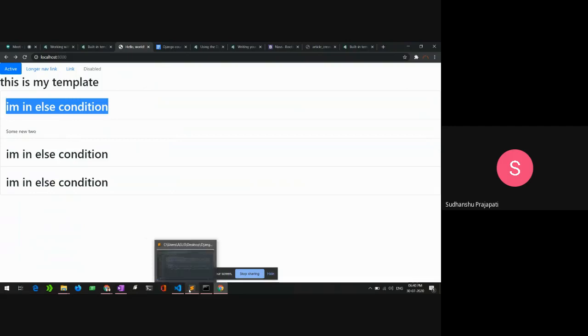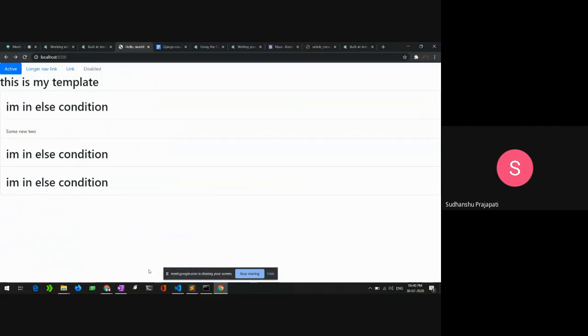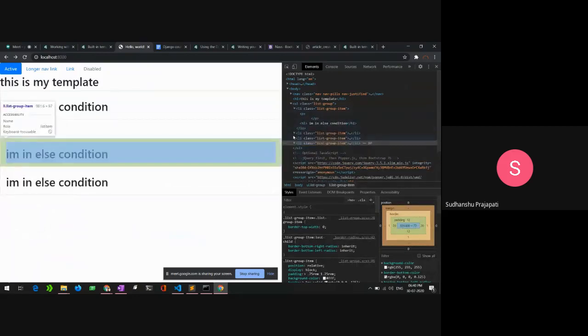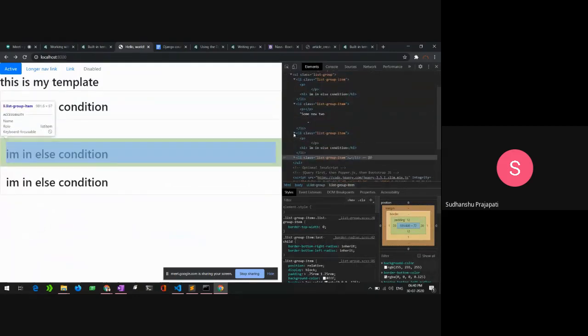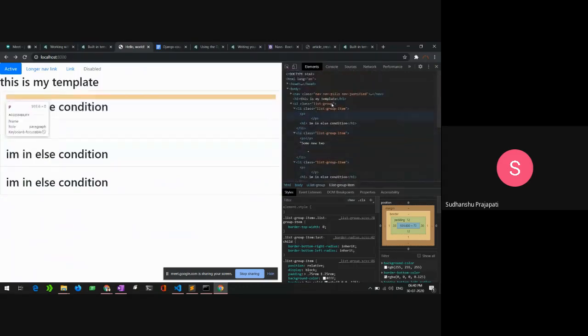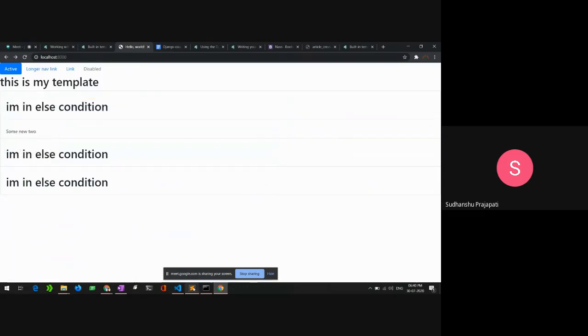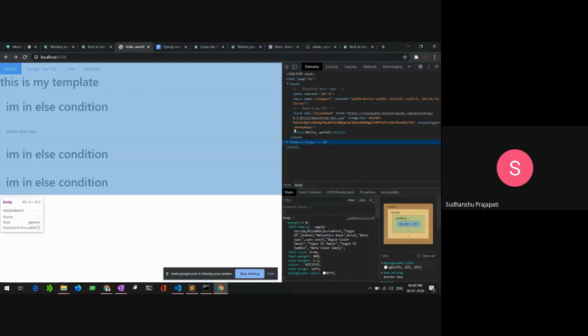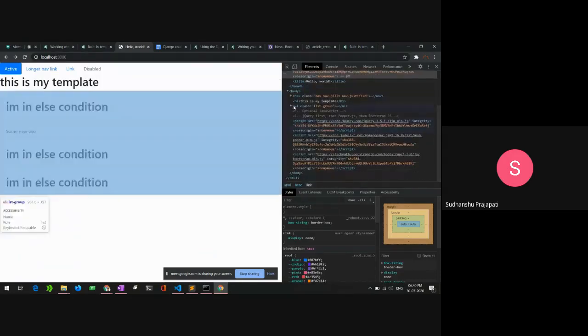And if I inspect here, let's see what we are actually getting in rendered form. You can see everything is just fine, and you can even hide the content. We are not getting all the data that we are passing in the form of a list to the template.